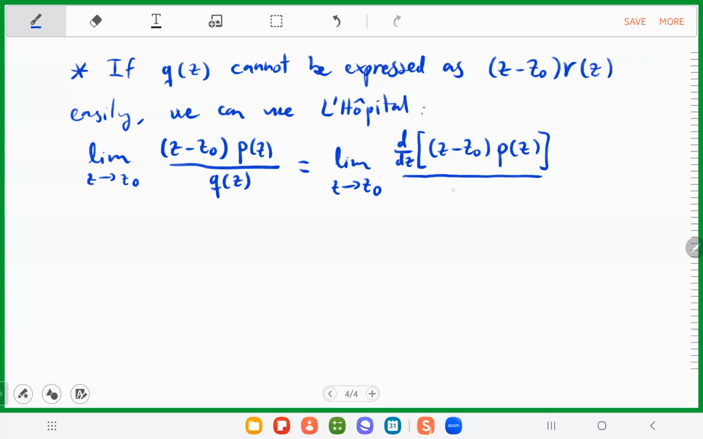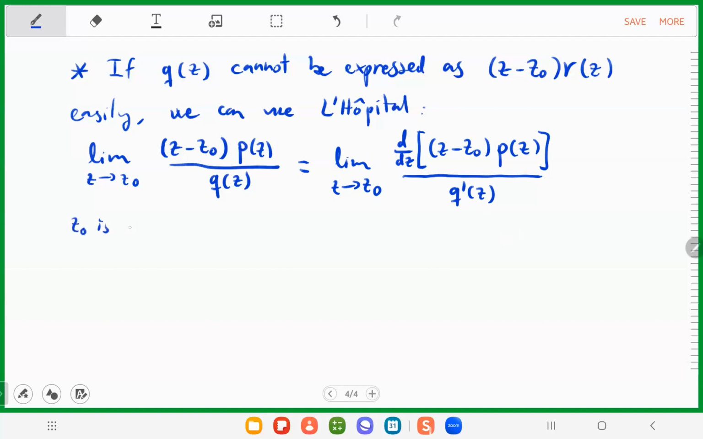Well, the derivative of q will be a function q prime that, if you remember what we discussed before, is not going to be 0 at that point. Why? Because if the derivative of the denominator is also 0 at that point, then that is not a simple 0 of q. That would be a 0 of order 2 or more of q. So if we know